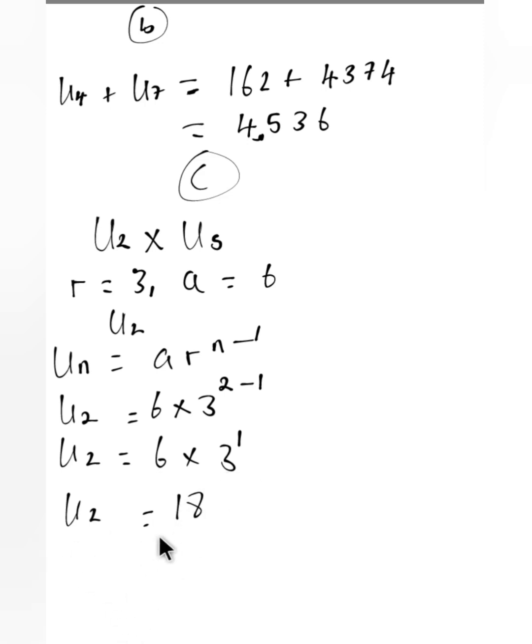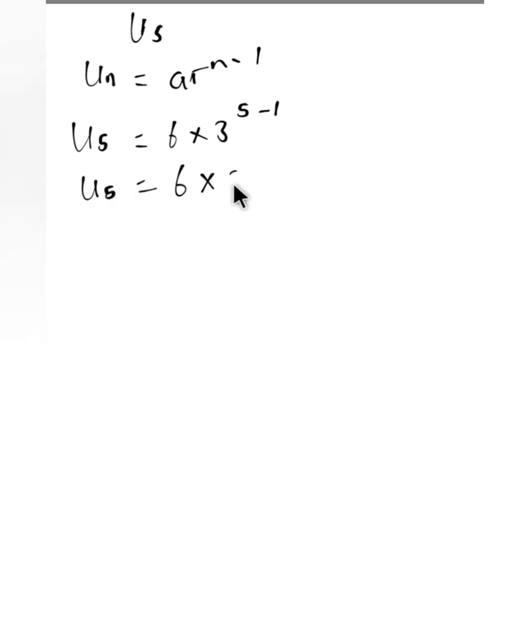In the same way, we need to find u5. Since un is equal to ar^(n-1), u5 is equal to a, which is 6, times 3 raised to power 5 minus 1. u5 is equal to 6 times 3 raised to the power 4. That is 81, and u5 is equal to